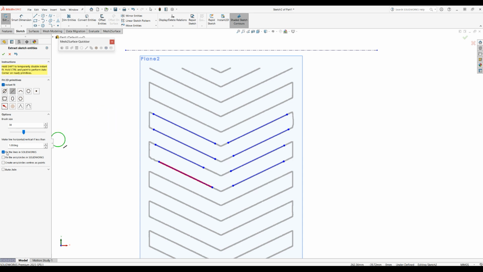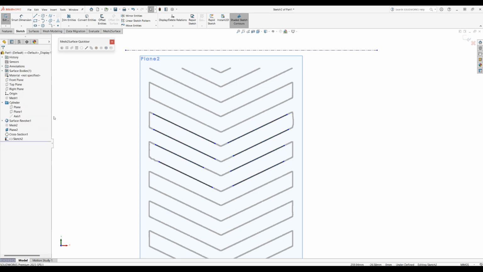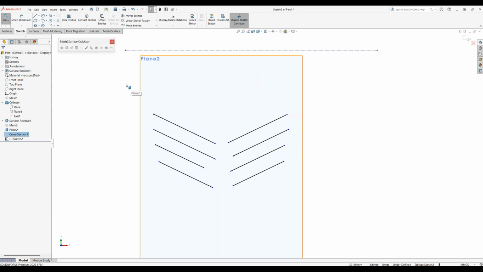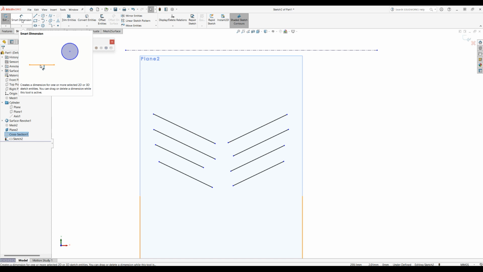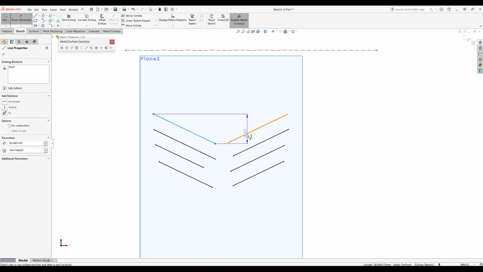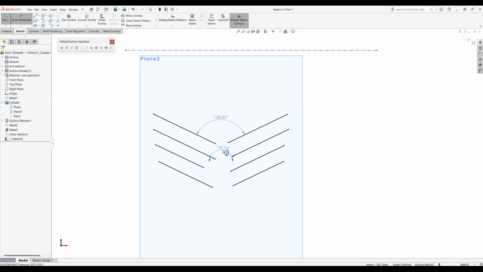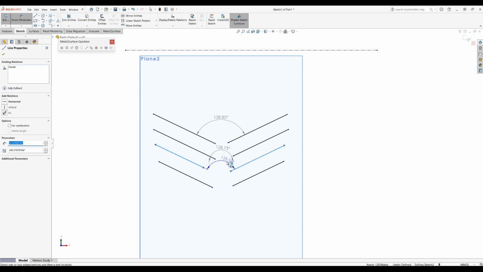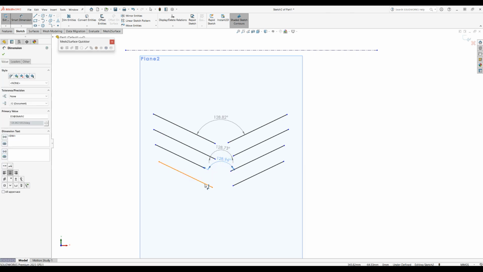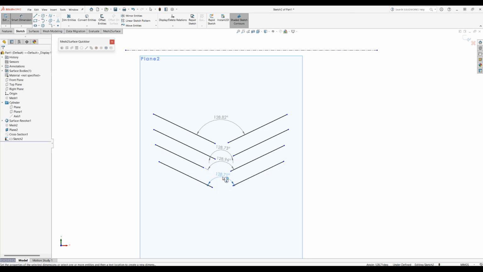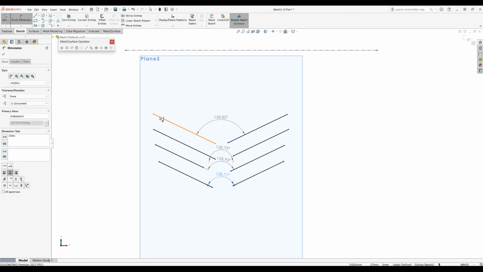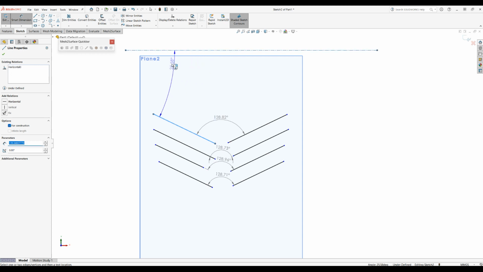Once I'm ready, I will just fix the lines in Solidworks so they don't move accidentally, and press OK. At the moment I have everything that I need. We'll hide this underlying cross-section, and we'll use the standard Solidworks Smart Dimension to get the angles between all these lines, and just put them here so you can take them, put them into your reports, or use them later for further analysis. I created these center lines because I probably want to use these angles also as a reference